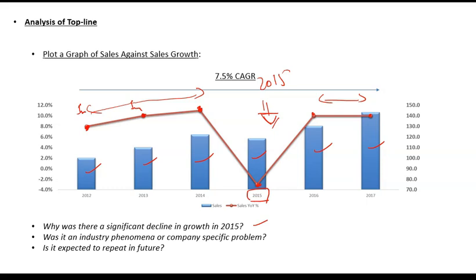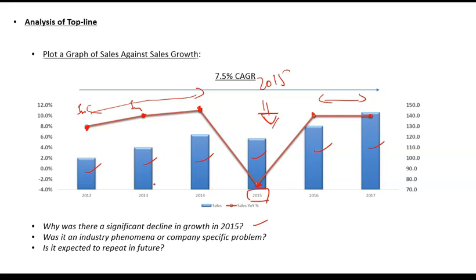So maybe 2015 के अंदर recession आया था, so then you need to find out कि अगले 5-6 years में वो position या वो scenario कितना likely है, या maybe company की कोई product fail हुई थी, so then you need to find out कि अगले 5 years में कोई नई product आएगी तो उसके failure के chances कितने हो सकते हैं. So whatever the reason was, you need to find out that whether that reason is expected to occur or happen in future again or not.